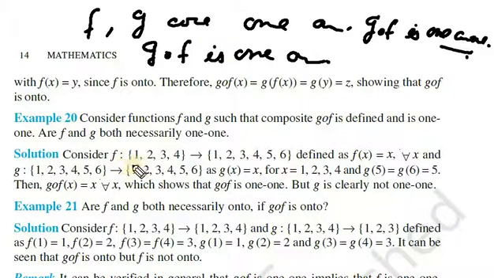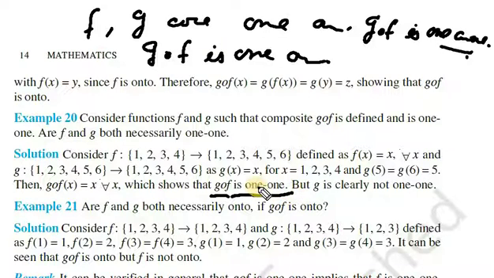So you can see from this example that f is a function from 1 2 3 4 to 1 2 3 4 5 6, where f(x) is defined as f(x) is equal to x for all x, and g is a function from 1 2 3 4 5 6 to 1 2 3 4 5 6 with this thing. Now we can find the value of g of x for all x belonging to 1 2 3 4. So that will be x only, and you can see that this function is 1-1.